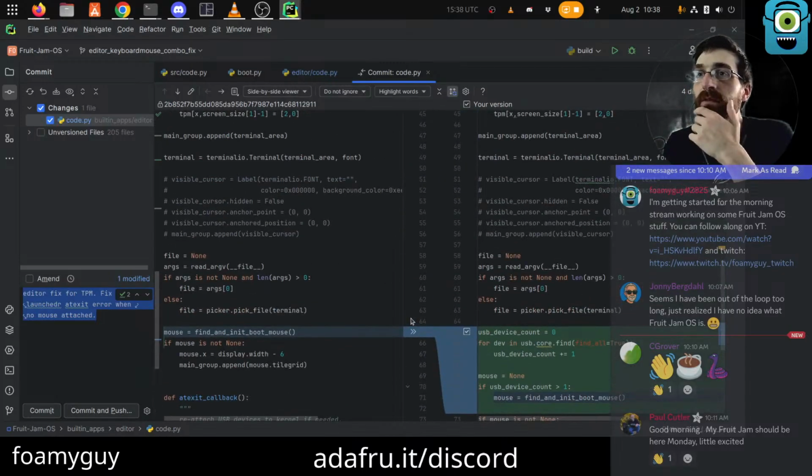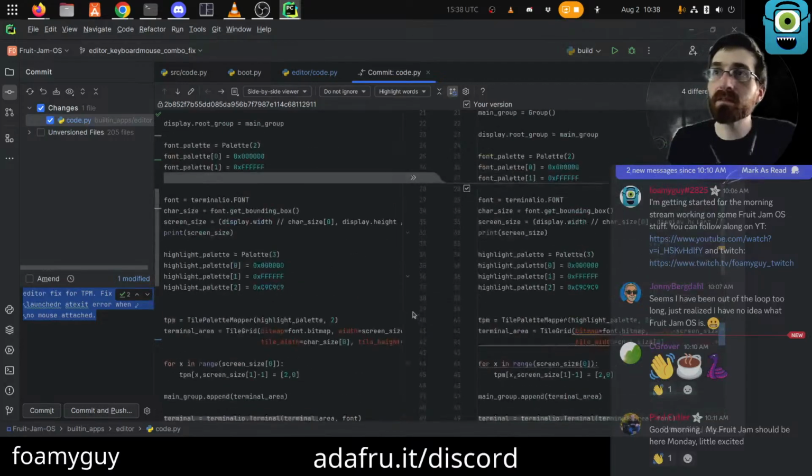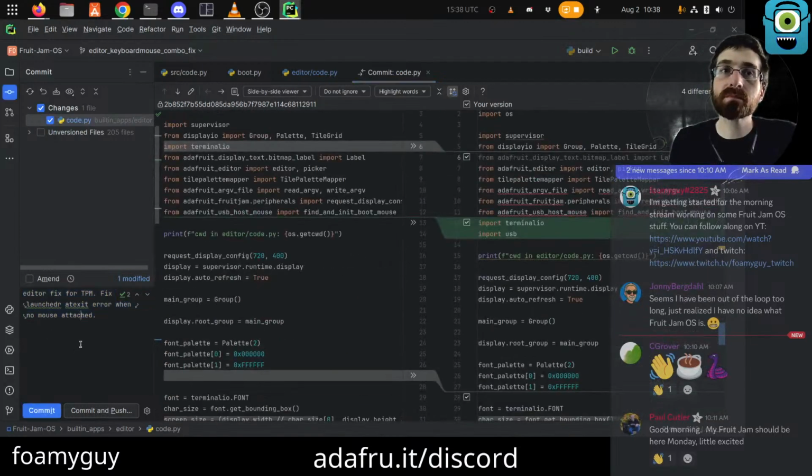There you go, instead of a rabbit hole. That should be good. Only try to find mouse if there are at least 2 devices. Editor.